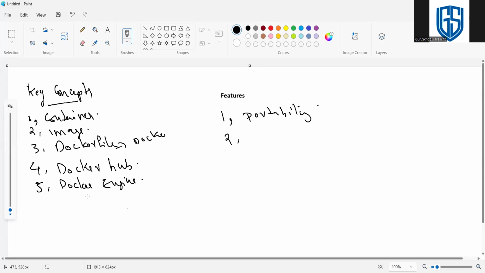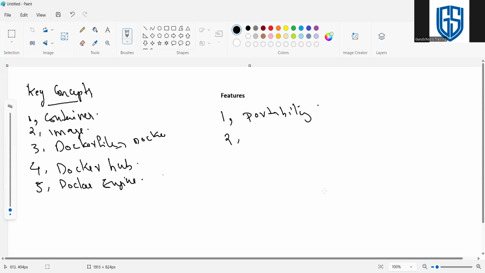So why do we call it portability? Coming to the first feature, a Docker container can run on any machine that supports Docker. That's why I told you previously, we have 2 machines and we can push the image, pull the image, and run the Docker image. The only prerequisite is that it supports Docker. It ensures a consistent environment across different systems, like deployment, testing, and production.